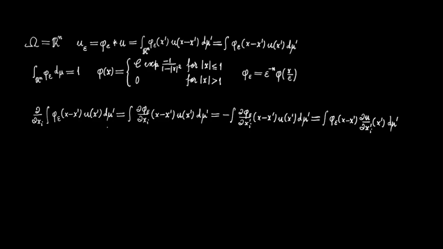And now, comparing the first and last members, we have that the partial derivative of u epsilon with respect to the ith x variable is equal to the convolution of phi epsilon with the corresponding partial derivative of u, that is the corresponding weak partial derivative of u. And we can generalize this by induction